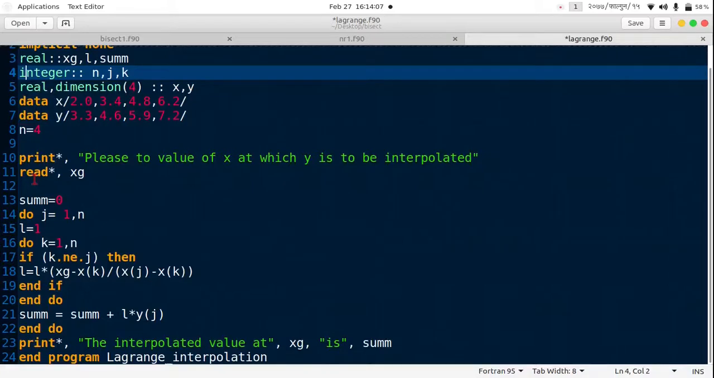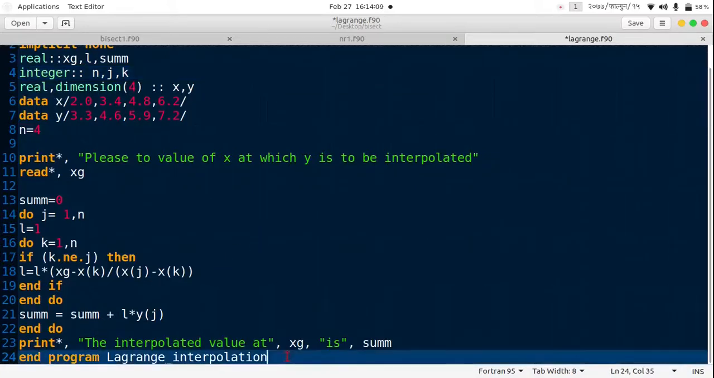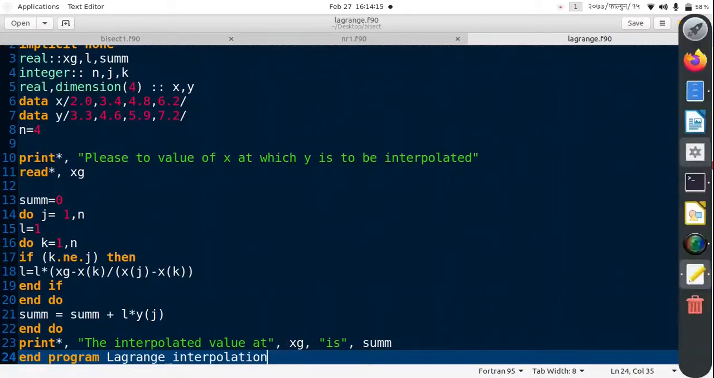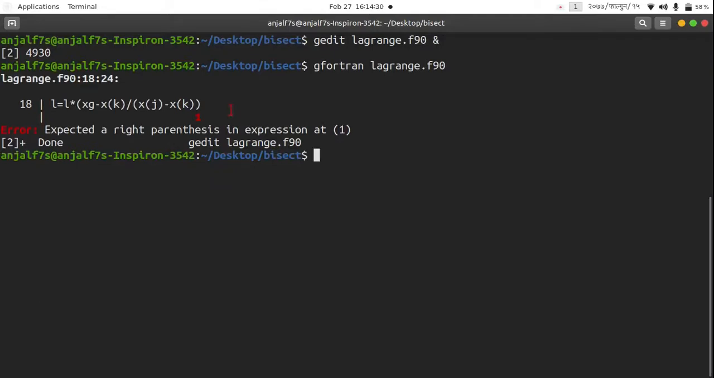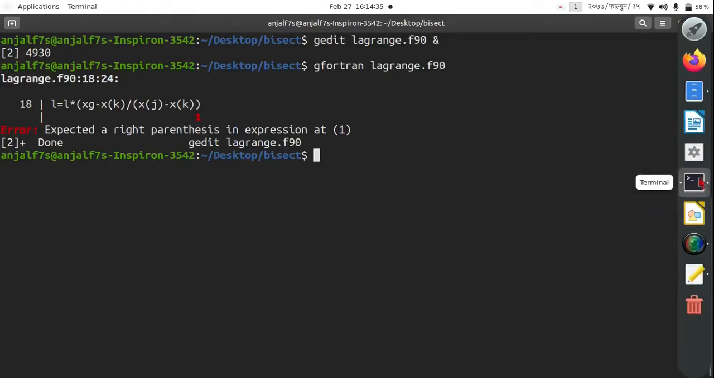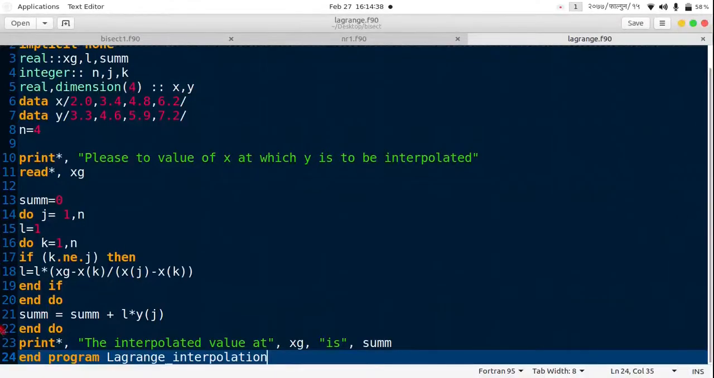Hope everything is fine over here. Let's save this program and go to the terminal, compile the program, gfortran lagrange.f90. Oh, here a parenthesis is missing. Let's correct it at line 18. What we did is L multiplied by this one is closed,